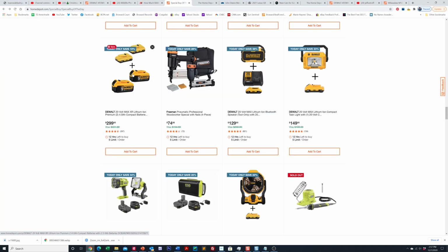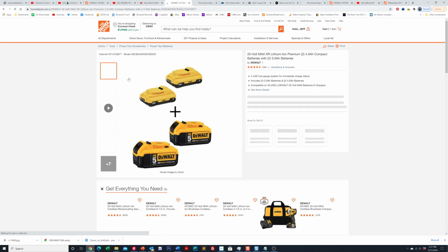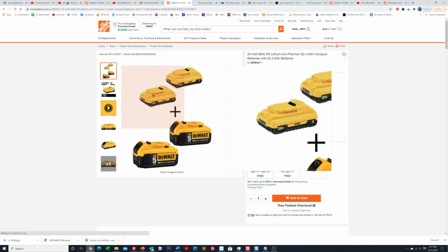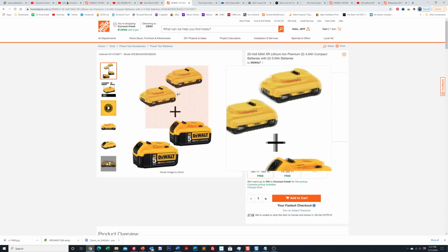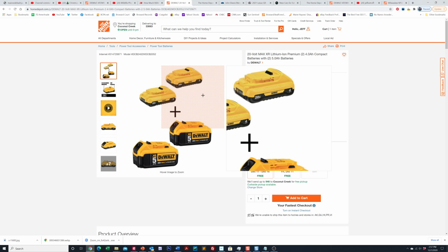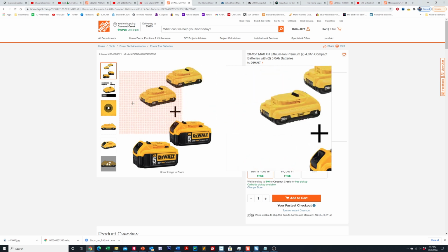So here's a Dewalt kit. I'm not so sure this one's a good deal. First of all, they're only saying it's 10% off. Well, yeah, I guess it is because you got the 4s, but those look like the older 4s to me. So the better deal, I think, is the other kit that has the 2 2s and the 2 4s, although